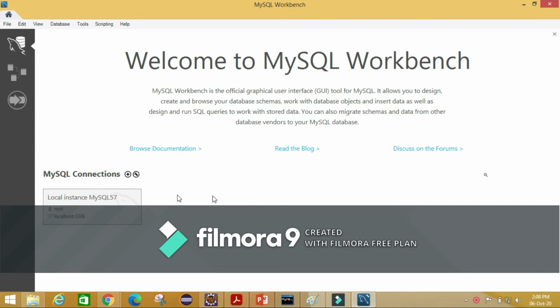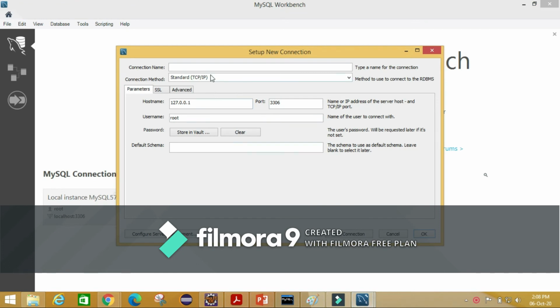Okay guys, now I will create a MySQL connection here. For this I will click on the plus sign. This will open a dialog box, and here I will simply write the name of the connection, Simplilearn demo.